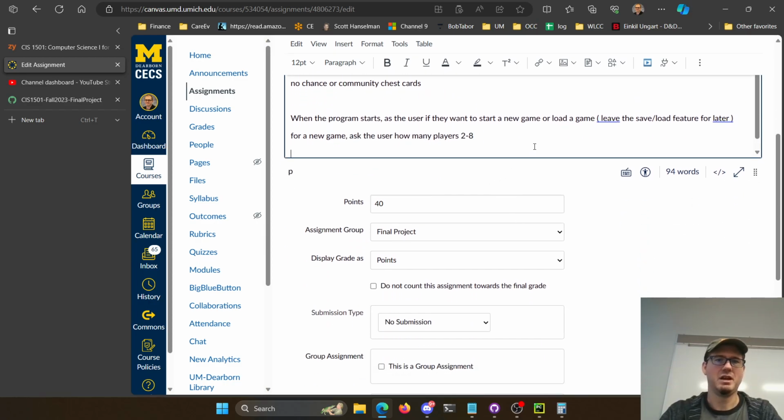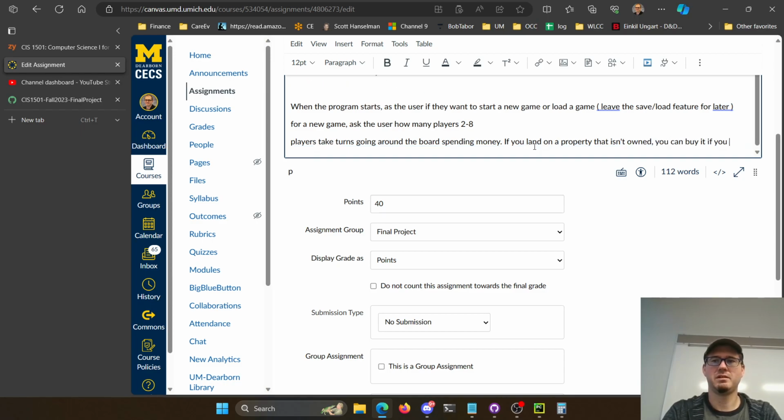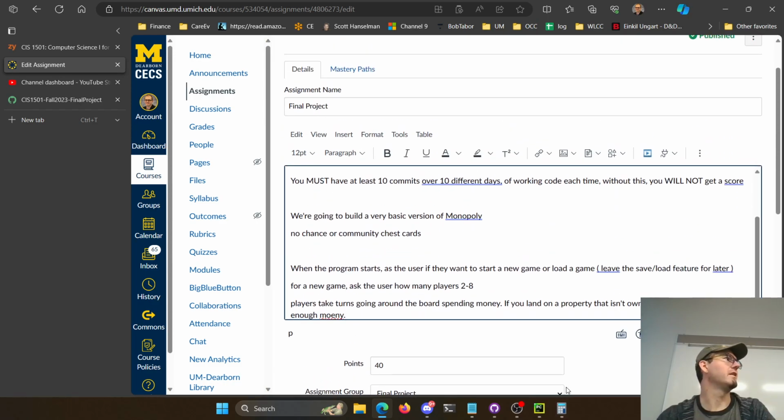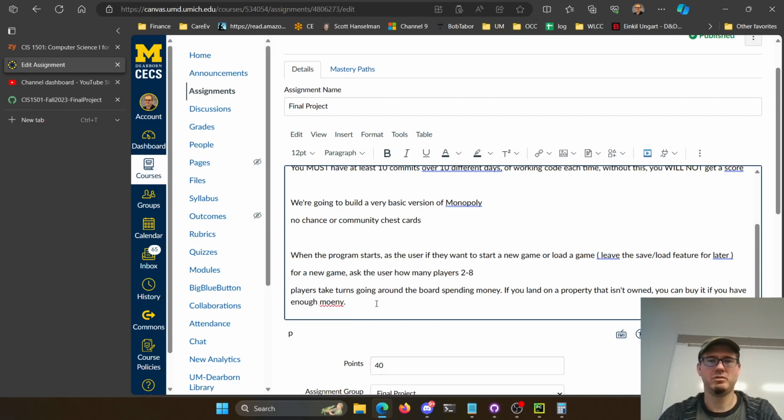So for players, players take turns going around the board, spending money to land on a property that isn't owned. You can buy it if you have enough money. If you don't have enough money, there's no auction, you just don't buy it. That's all. If you got enough money, you can buy it. If not, just ignore it here. That's fine. If someone owns it,